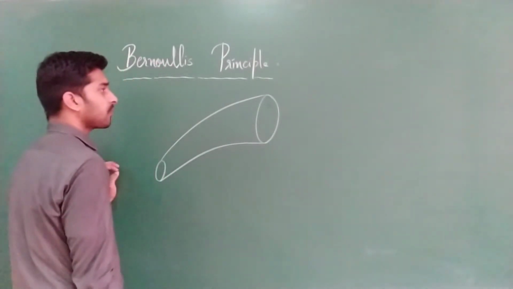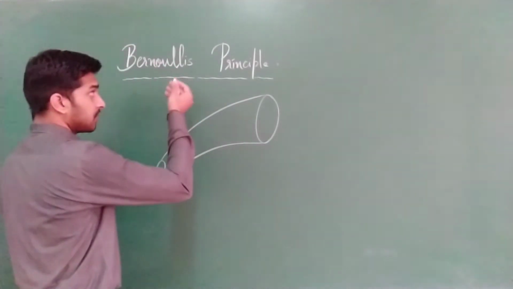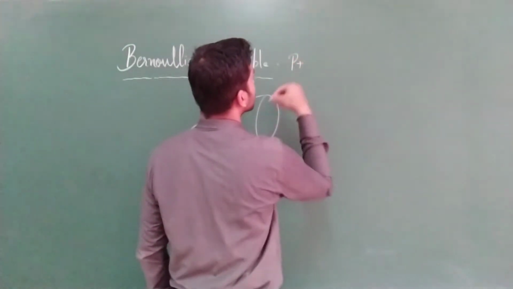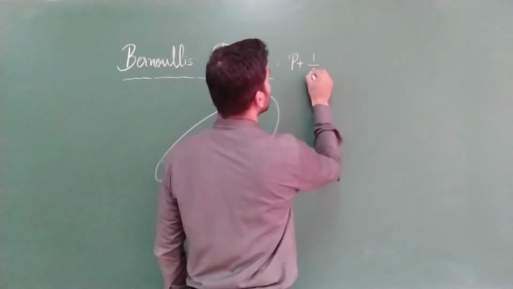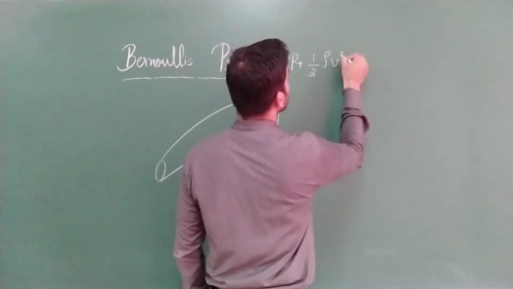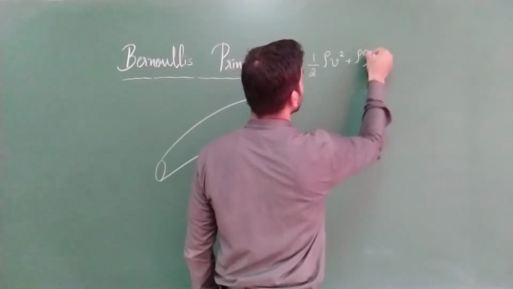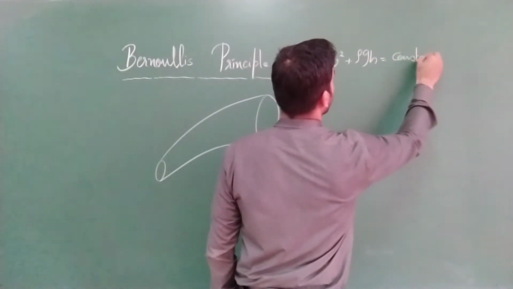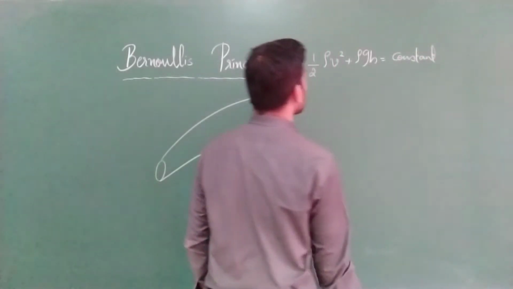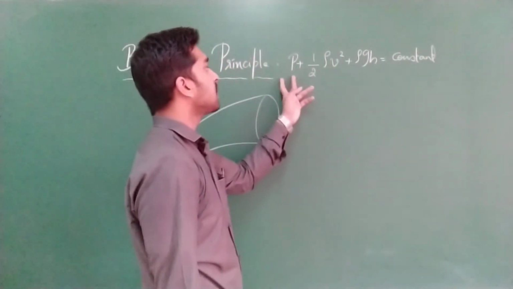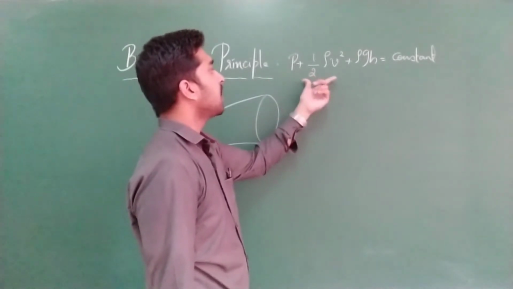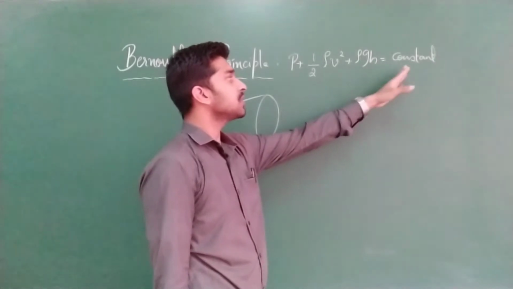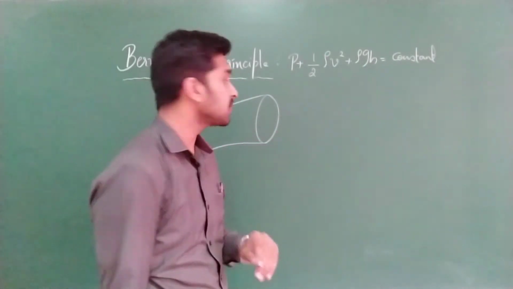So Bernoulli's principle tells us P plus half rho v square plus rho g h is equal to constant. Clear? Sum of pressure, then kinetic energy per unit volume, next gravitational potential energy will result in a constant